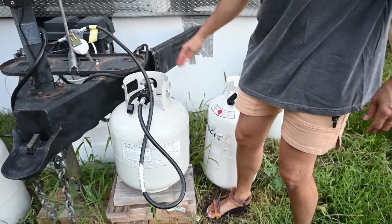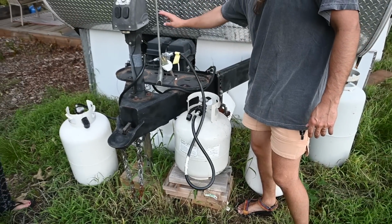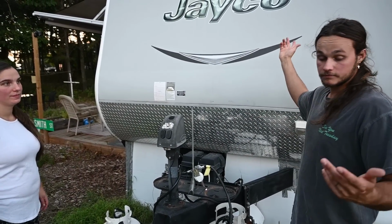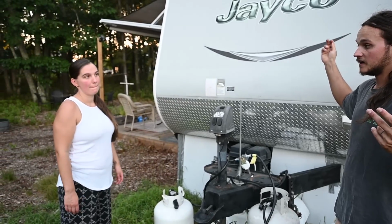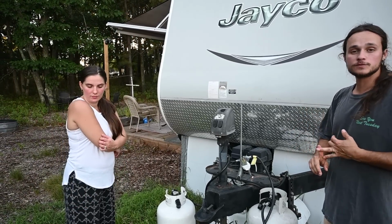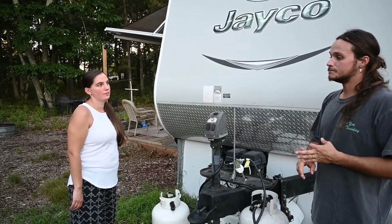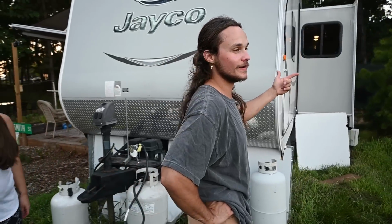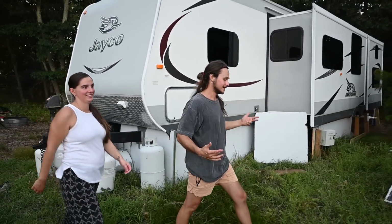with two 30-pound propane tanks up to a diverter here, and that runs the whole unit. Basically everything's run off of propane between our hot water heater, the fridge is propane or electric, gas stove, gas oven. If you look over here, you get to see what we get to wake up to every morning on